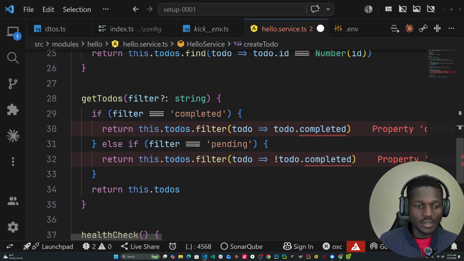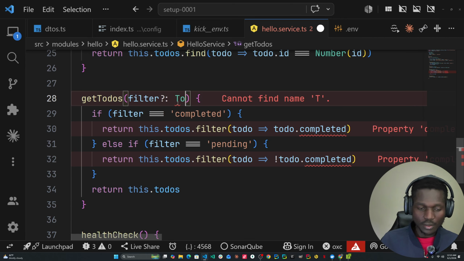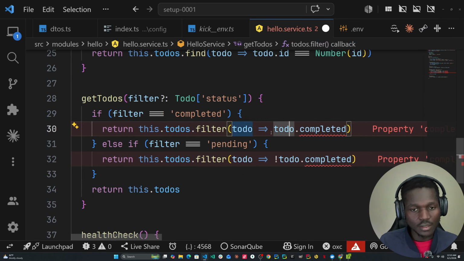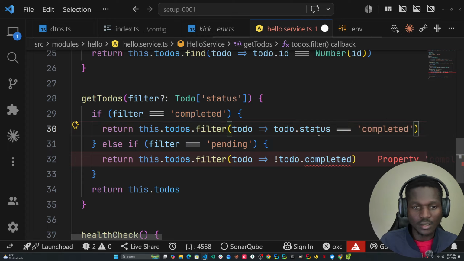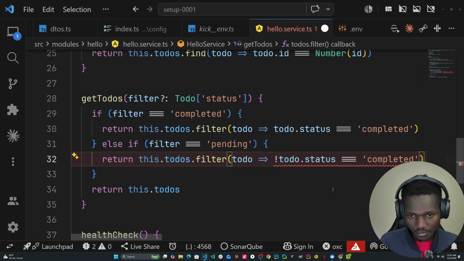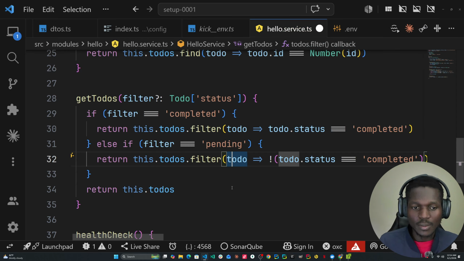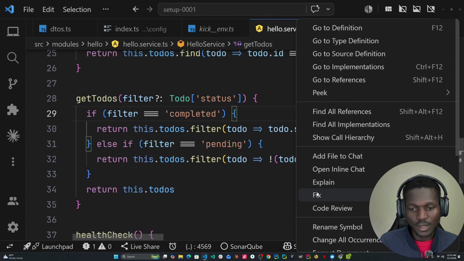Then we push that new Todo, this should be Todo status, where Todo.status. So we wrap that, okay, right,